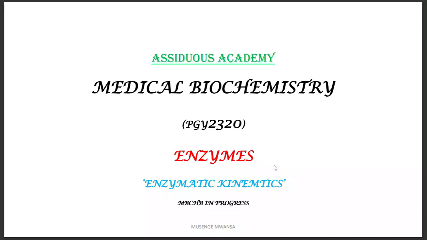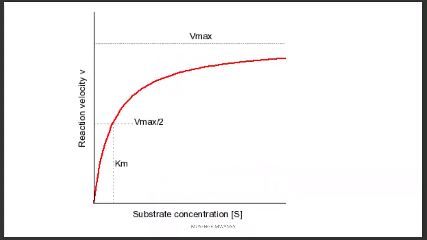Let's go over the kinetics of enzymes. We know that enzymes are biological catalysts which speed up the rate of a chemical reaction, though they are not changed. And so, what we are seeing here is simply showing us the rate of the reaction with the substrate concentration. We know that the rate of an enzyme catalyzed reaction increases as we increase the concentration of